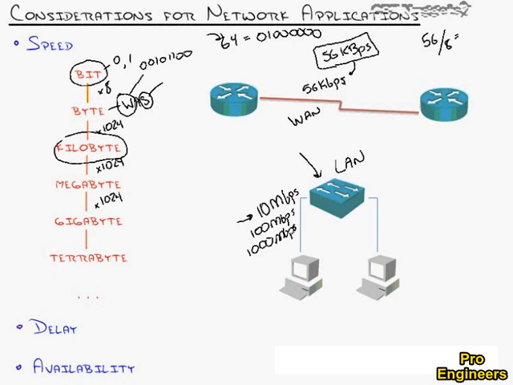So those are the kinds of speeds we get used to on the LAN. Looking at that, you would say, wow, lots of speed. So I can send files back and forth between these computers. I can message between the computers. I could play an online game between those computers at extremely high speed connections. But when you look at the WAN, wide area networks, and you start thinking about links between your offices or links to the internet, usually those are lower speed connections.